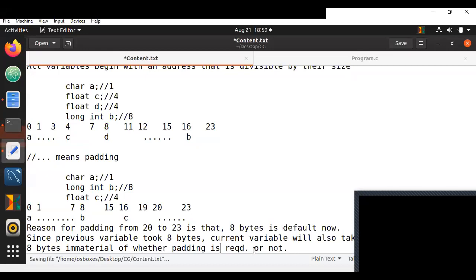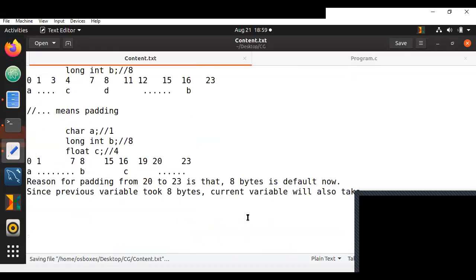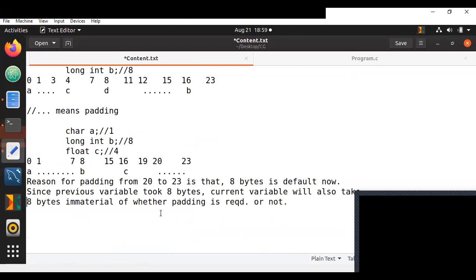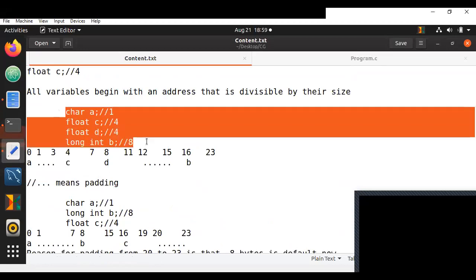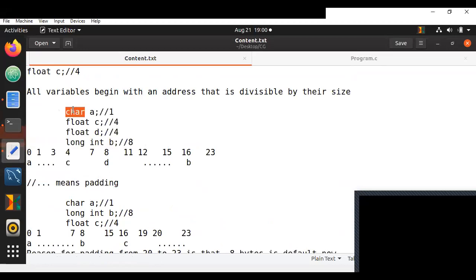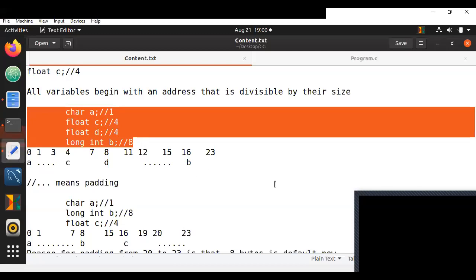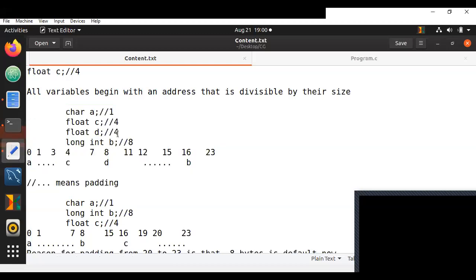So because of this, the best, efficient way to always declare structures is to start with smaller size and end with larger size. Whenever you start with smaller size and end with larger size, in the same space we were able to store 4 more bytes. Here also same space, but we are losing 4 bytes. So always start with smaller variable size and reach up to larger variable size. This is the basic concept you should always remember.